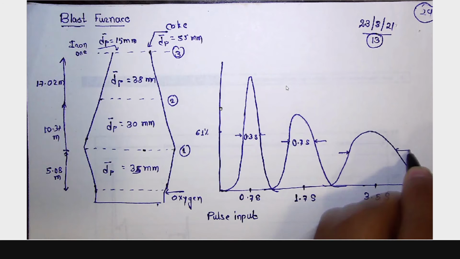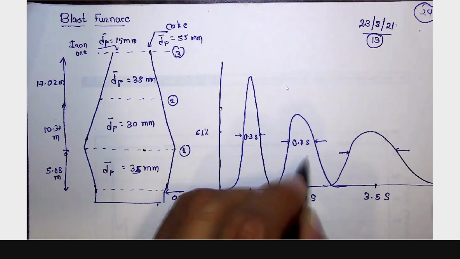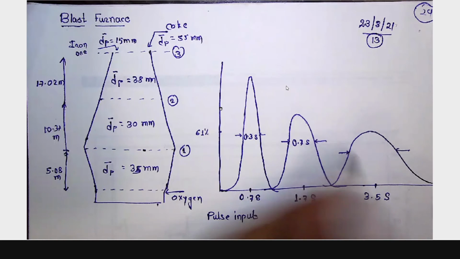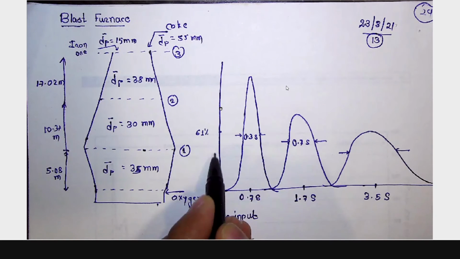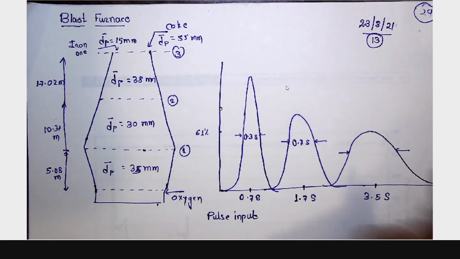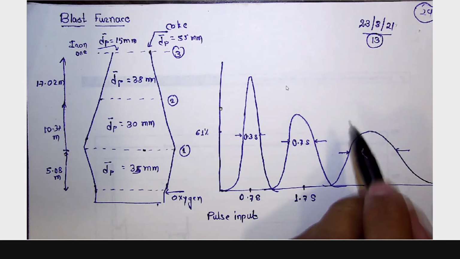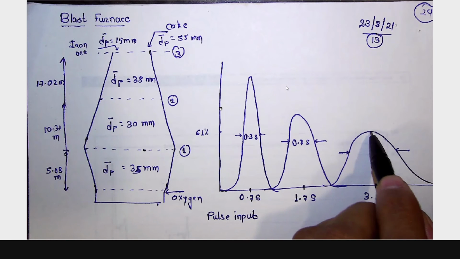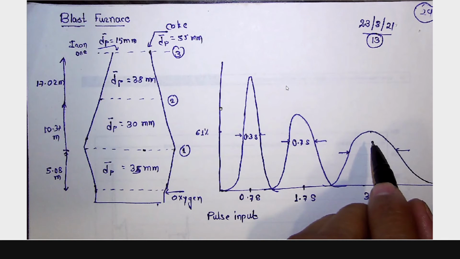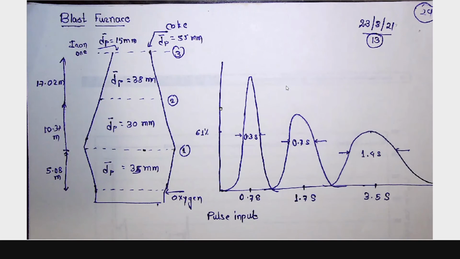Remember, this 0.61 location will not be the same for all curves. It will go down, down. For the first one, it may be here. For the second one, it may be here. For the third one, it may be here. Because the 0.61 E will be based on this maximum value. So this value is given as 1.4 seconds. So it is based on the E theta max. Now you can see this particular figure.